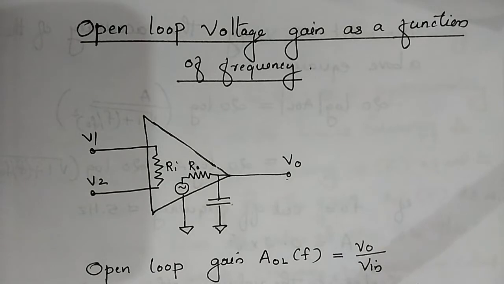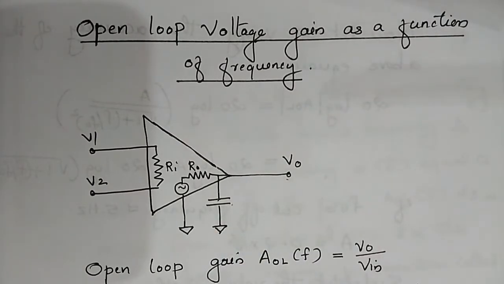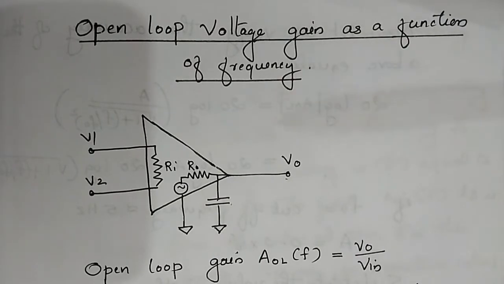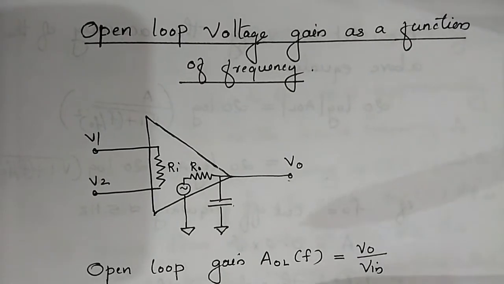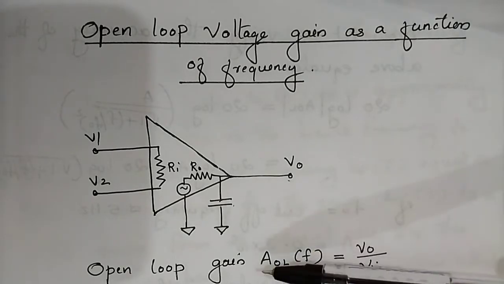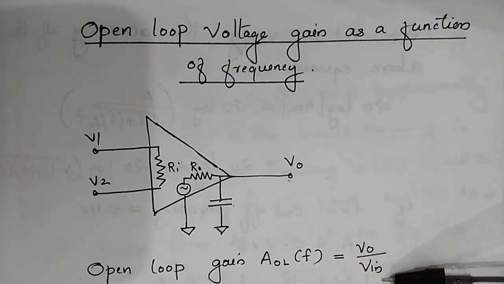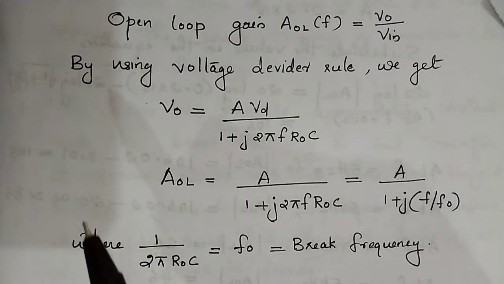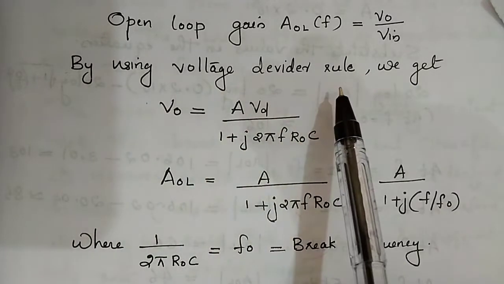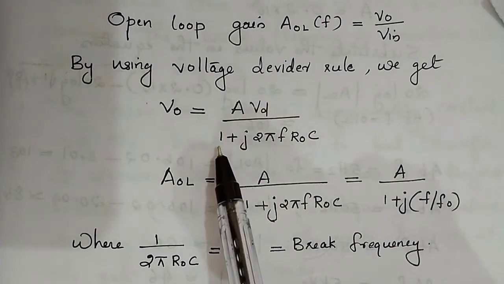So, we include a capacitor on the output section of the ideal op-amp. Here, we connect a capacitor in the output section. Then, the expression for open loop gain is given by AOL. It's a function of frequency, so we can write it as AOL of F is equal to VO divided by V in. Then, by using voltage divider rule, we get output voltage VO is equal to AVD divided by 1